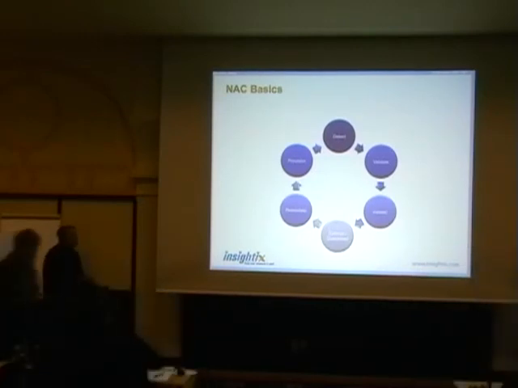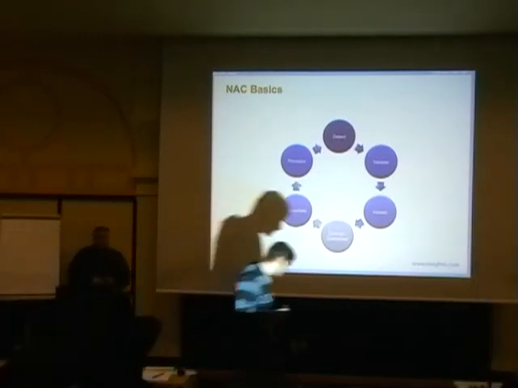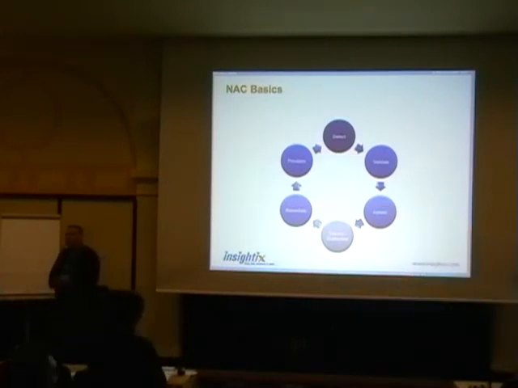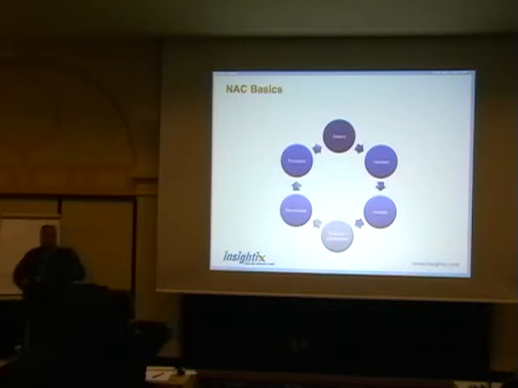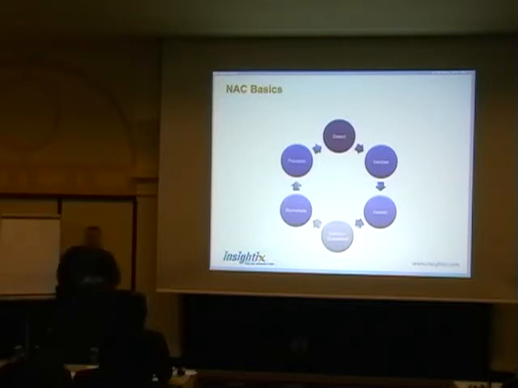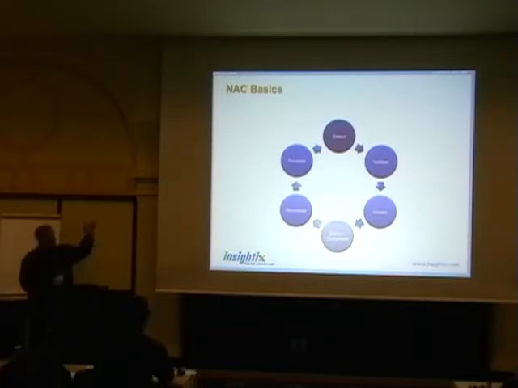So, if we look at the different components that need to be in a network access control solution, then we can define basically 6 different components that are a must, in my opinion. First and foremost, we need to detect the availability or the presence of a new element on the network. We need to understand that a new element has actually been attached to the network, and that actually drives the network access control process. Without the understanding that there's a new element on the network, there's no ability whatsoever to